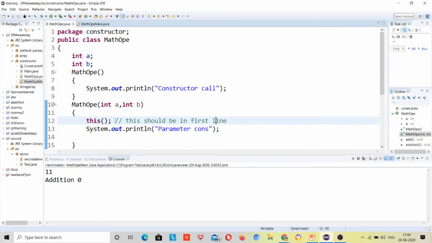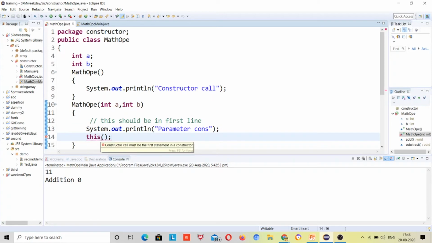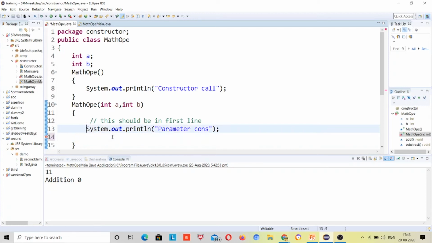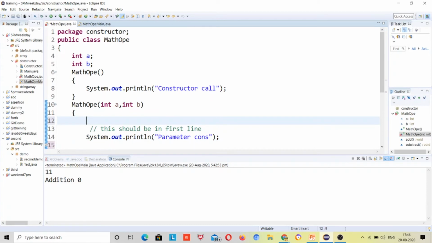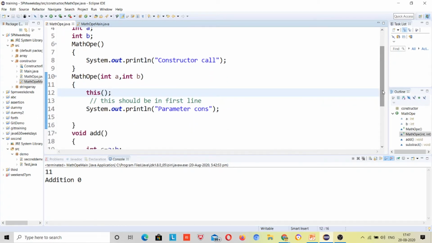What I try to do after this, move cursor here. Constructor call must be in the first statement in a constructor, right? So you are calling this constructor, so this should be the first statement, right? Okay, so this refers to same class constructor only.